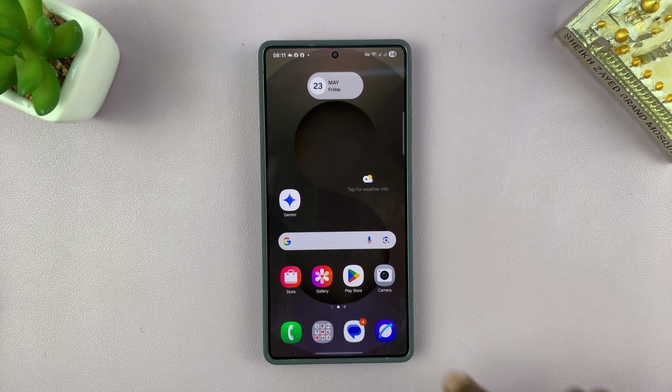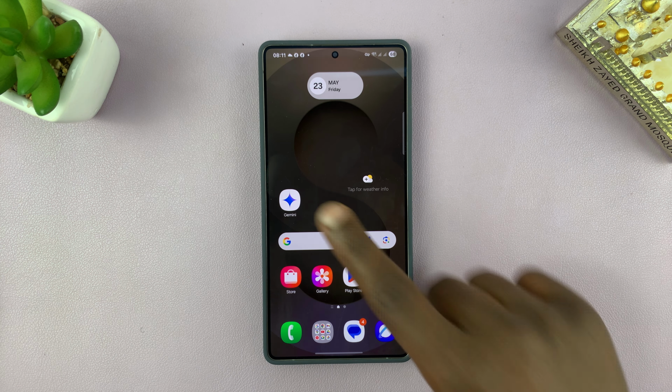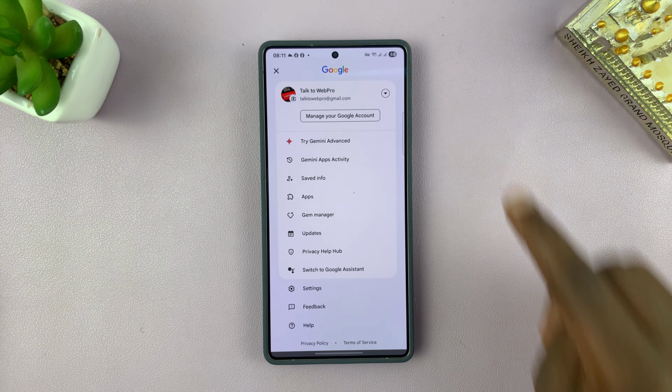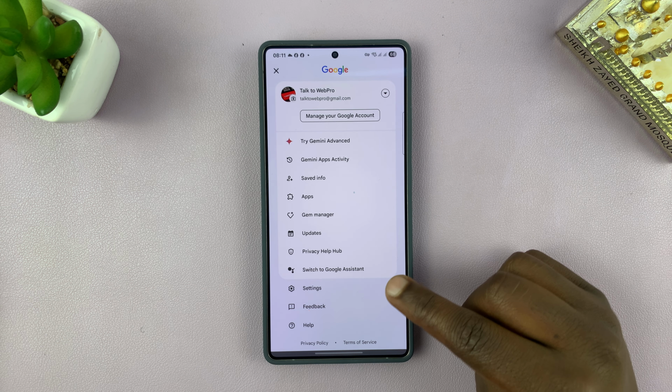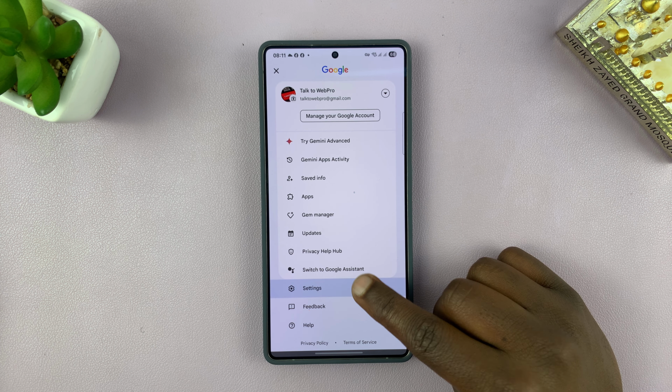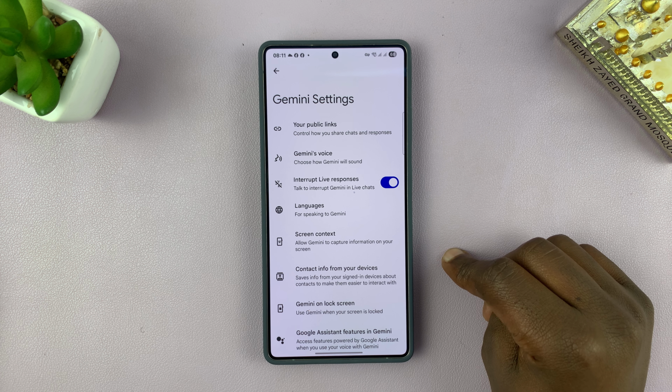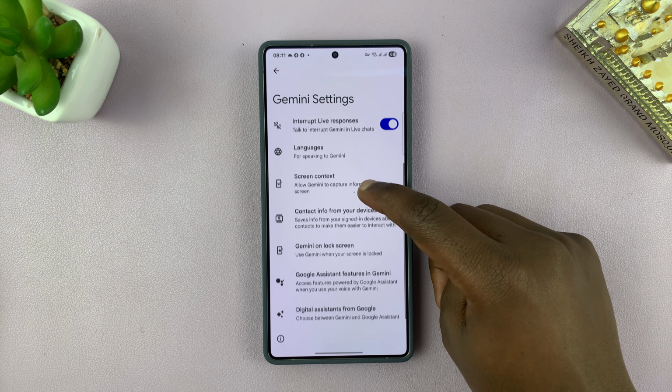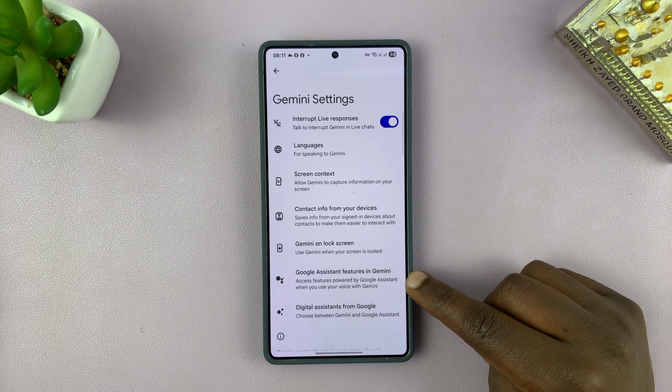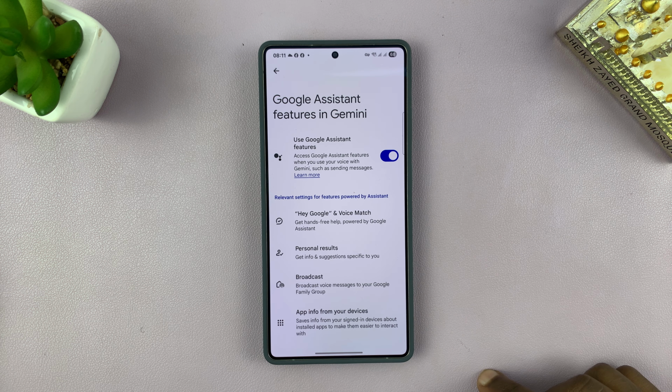So to do that, launch the Gemini app. And of course, before you do that, just make sure you're using the latest updated version of Gemini. So once you launch Gemini, tap on the profile icon in the top right corner, and then from the menu, tap on Settings. Under Settings, scroll down to Google Assistant features in Gemini, tap on that, and then